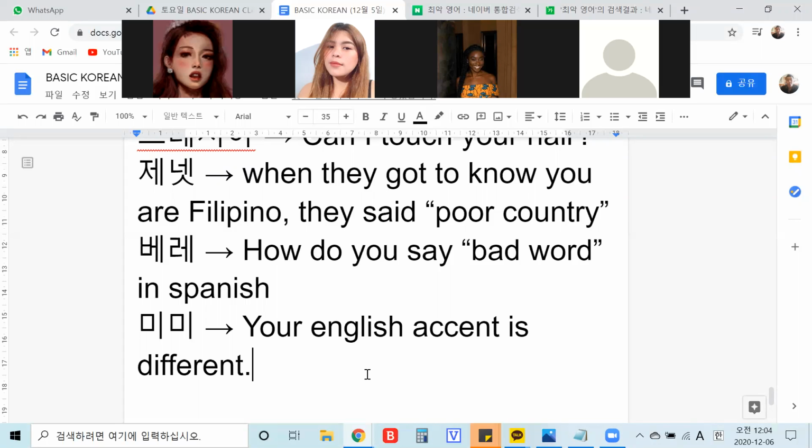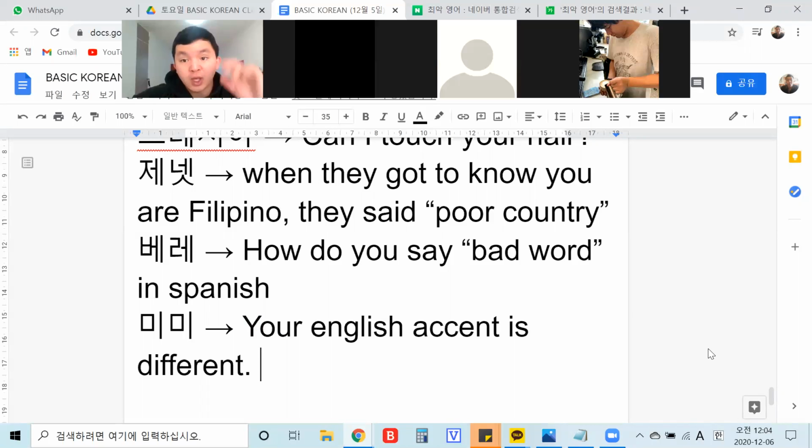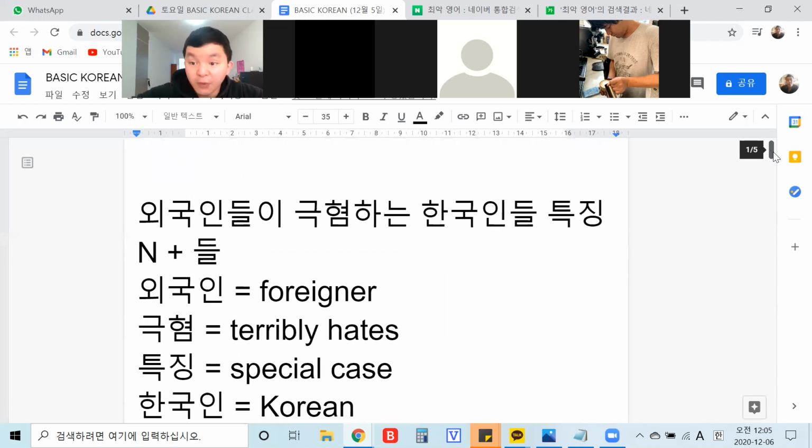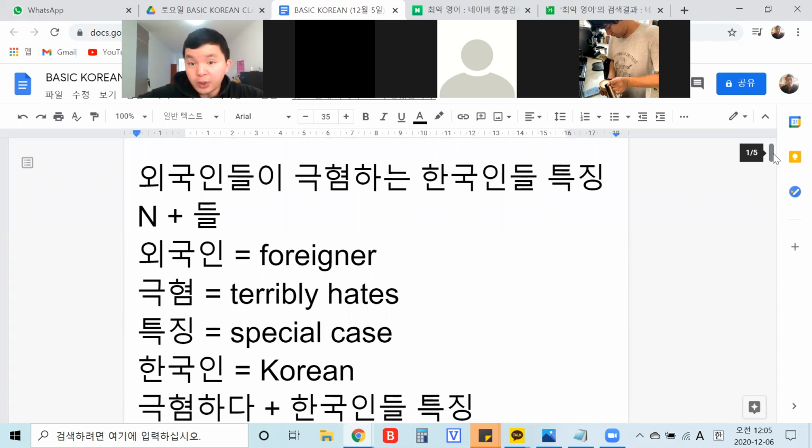Okay, Mimi, thank you for sharing your idea. Also, Mimi, you're gonna make this sentence in Korean and confirm to me. Try to use the grammar you know. I don't want you to use a translator directly. Putting the sentence in English and getting the Korean sentence is not gonna help you increase your Korean. So try to use what you have. If you don't know how to say a word in Korean, for example, say, oh teacher, I don't know how to say this, ask me. Or you can find it in the dictionary. Just don't use a translator directly to find the sentence meaning. Okay. Any other question?